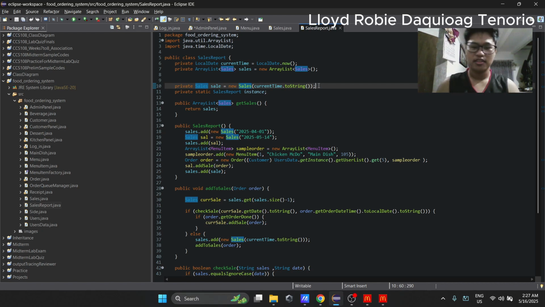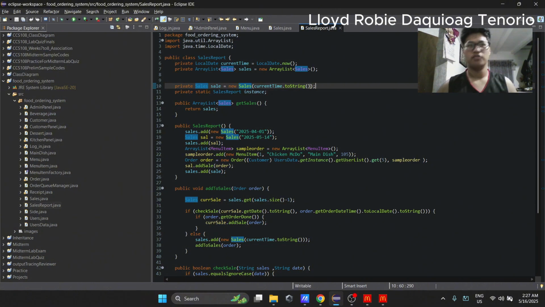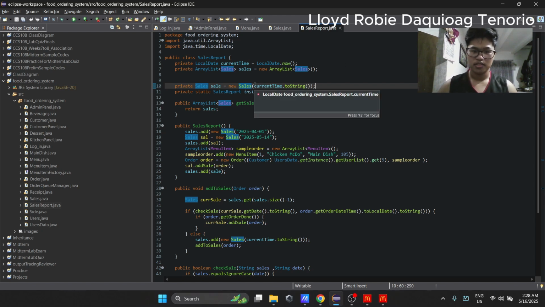For the first time that the program runs, we will create a new sales object and pass the current time. So, for example, in the future, if the program runs on June 2, then it will create a new sales object and pass June 2.